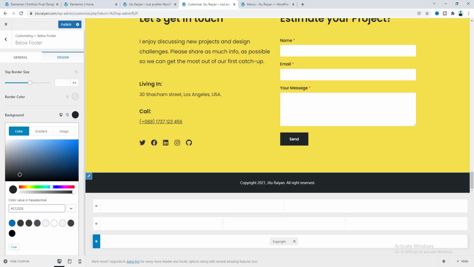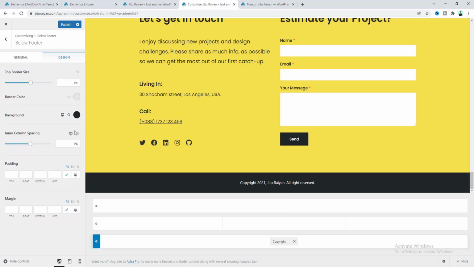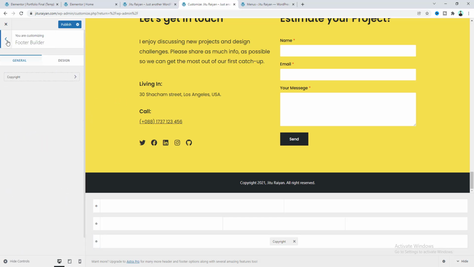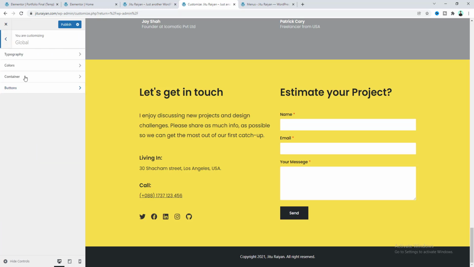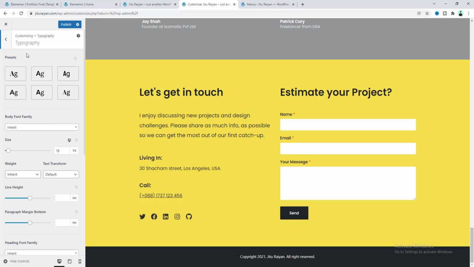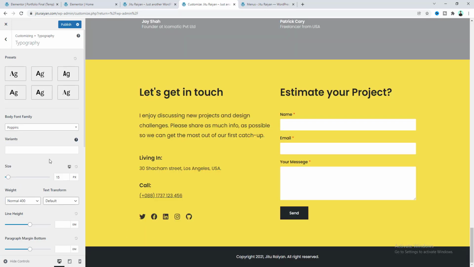But lastly I also want to change the font of this text, but here you cannot see any font option for the footer text, so we need to do that from another option. If we go to this global settings, from the typography, if we change this font family from here, you can see this will change our font for this footer. So lastly, to save this, let's click on publish, and if we go to our website,